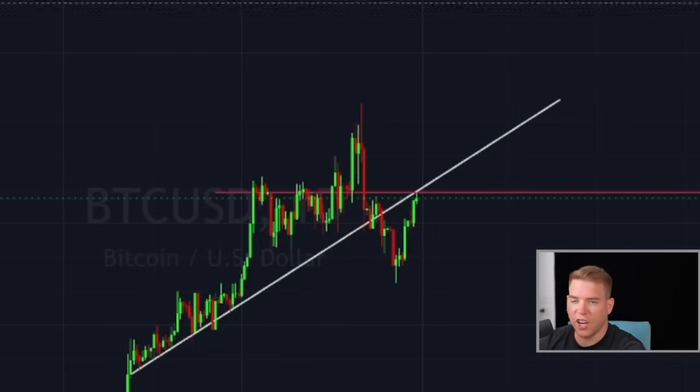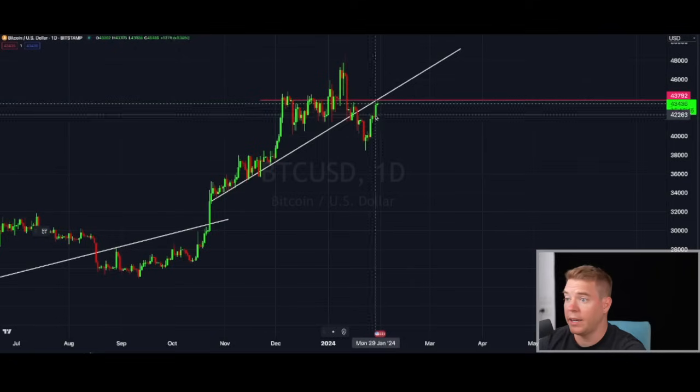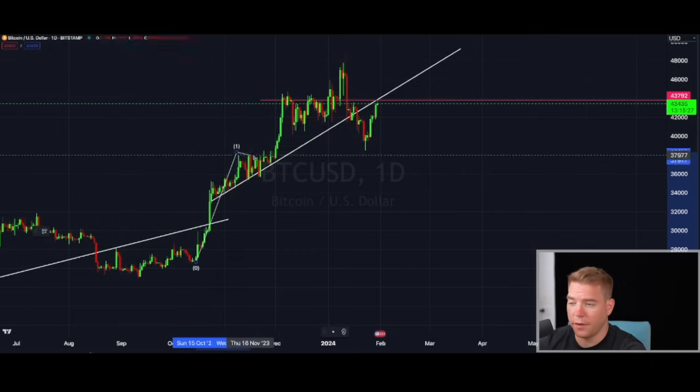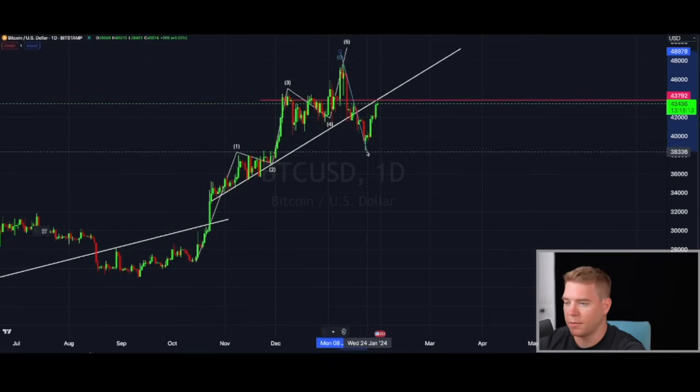But if we get rejected, then remember what I showed you on the other chart with the Elliott wave count on Ethereum. This applies also to Bitcoin. So let me actually draw this out for you guys. I should have done that. So let's say that this here was our 1. Then we had here our 2, 3, 4, 5. And now we have our ABC correction. So A, B,